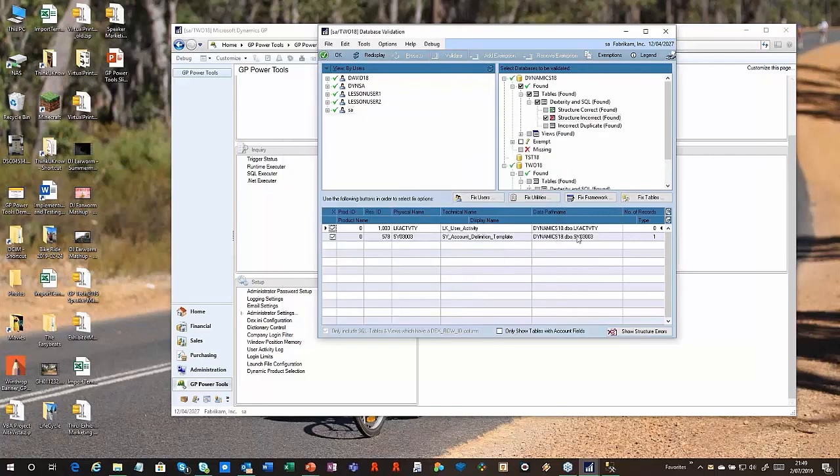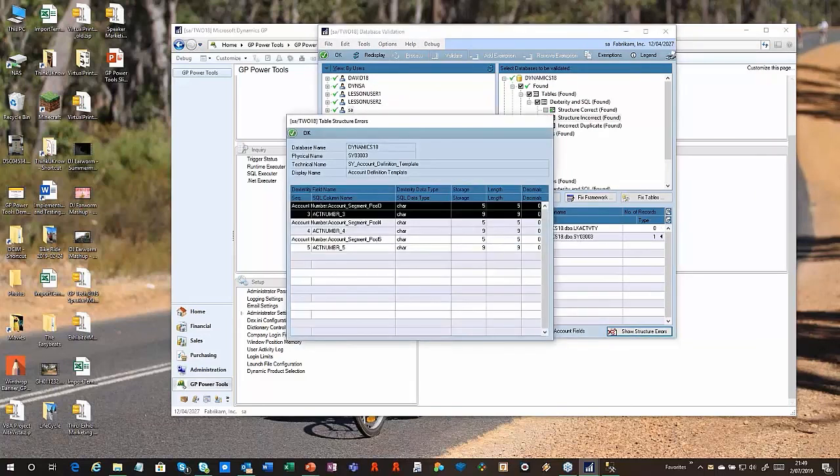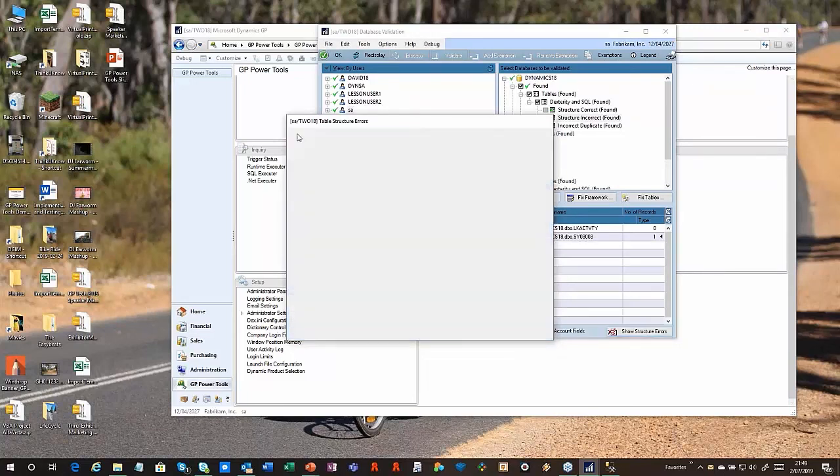If it goes the other way, though, that's actually an issue because you could lose data, and you don't get an error if the SQL is smaller than what Dexterity thinks it should be. Here I've got Dexterity thinks these should be 5, but SQL says they're 9. So if I pop into fixed tables,